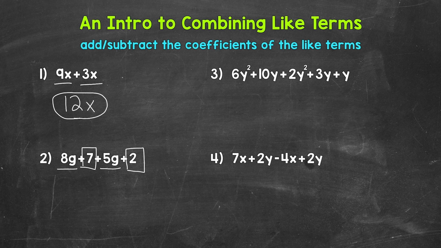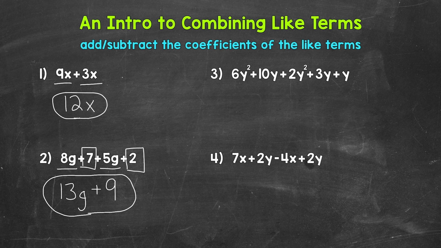Now we can combine like terms. We have 8g plus 5g. That gives us 13g. And then we have 7 plus 2. That gives us 9. So we end up with 13g plus 9. And that's our simplified expression. That expression of 13g plus 9 is equivalent to the original expression. We were just able to simplify the original expression by combining like terms. We started with 4 total terms, but we were able to combine like terms, and now we only have 2 total terms. Let's move on to number 3, where we have 6y squared plus 10y plus 2y squared plus 3y